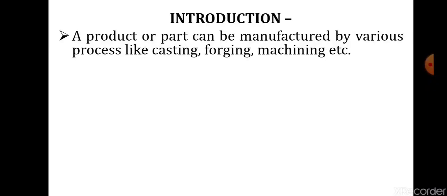Casting means it is a process in which a metal will be melted completely into the liquid form and then it will be poured into a cavity or a shape of which the final product has to be. So for example, if you want to make a product, let's say you want to make a ball. So what we do is we create a cavity or a shape of a ball and then we will melt the metal or whatever material you are going to make.